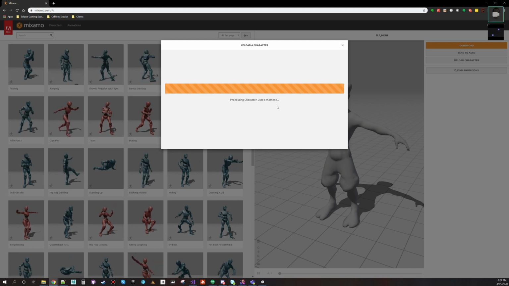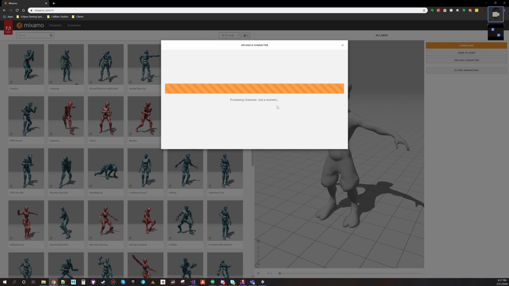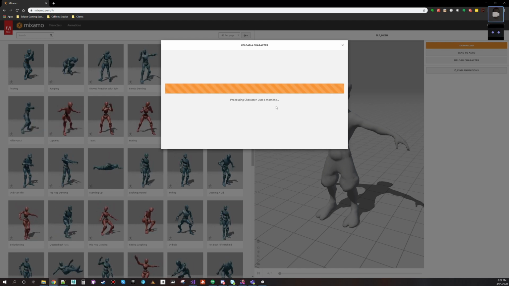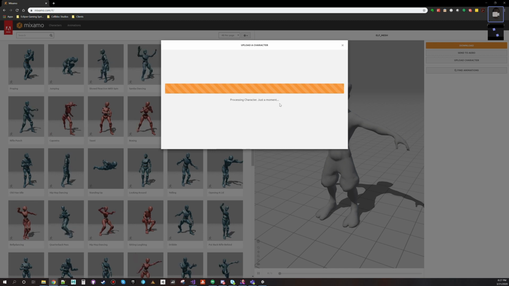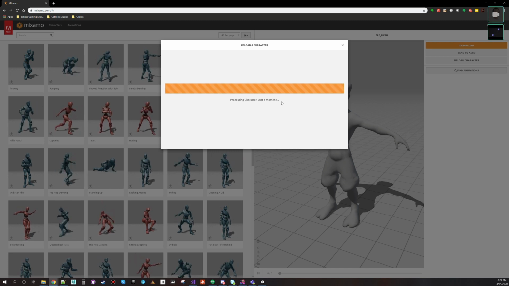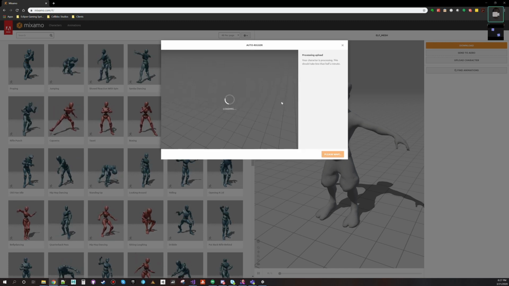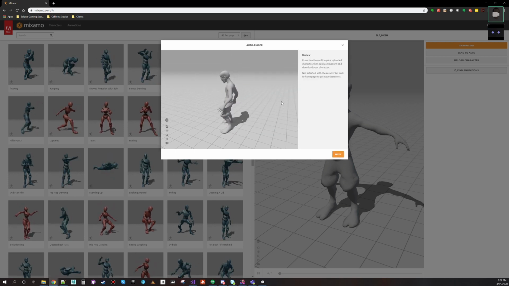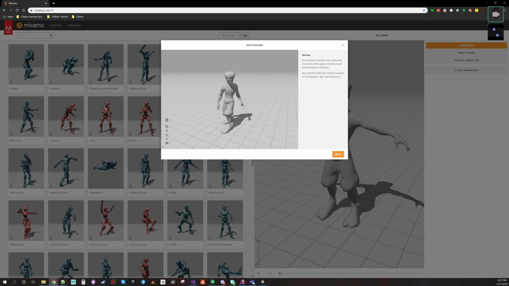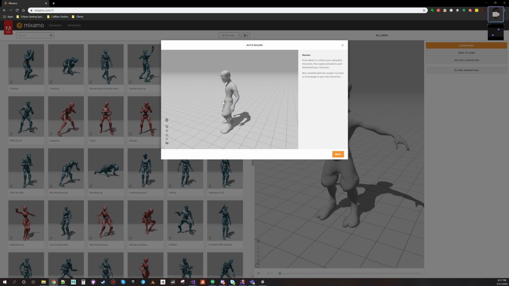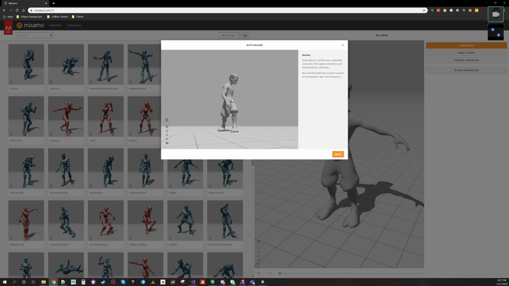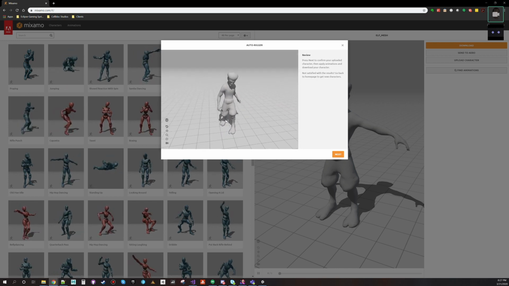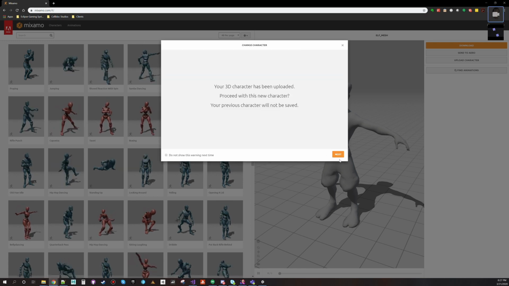And Mixamo is entirely free. Adobe now owns them, and they have a plethora of different animations that you can use. They usually had the ability to actually set all your points and everything, but now they just do it automatically. So now this is what's classified as an auto rigger. Okay, you can modify some of the settings, but you know what? This isn't too bad. So I'm going to click next,